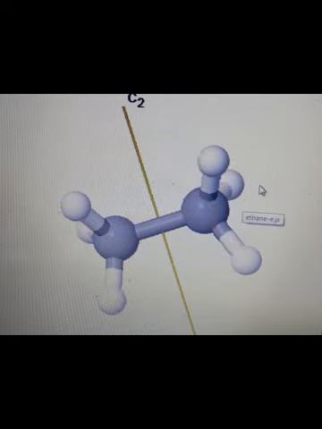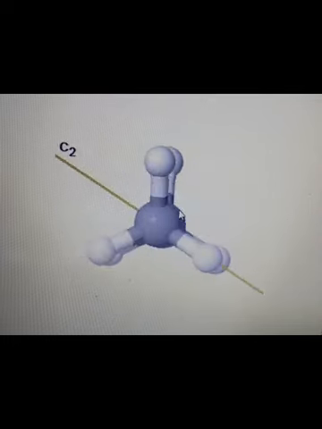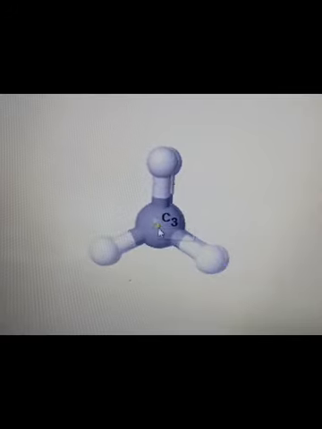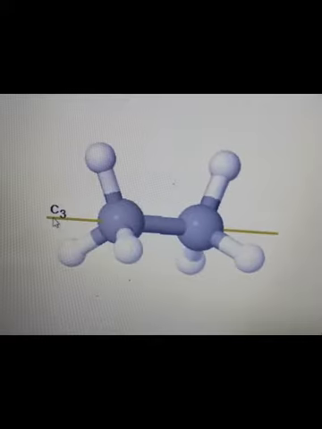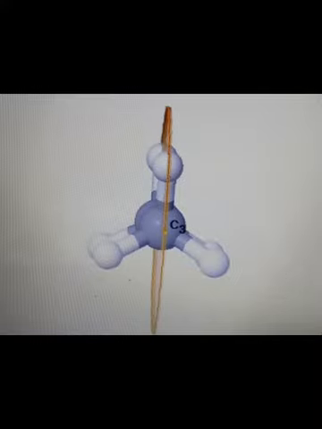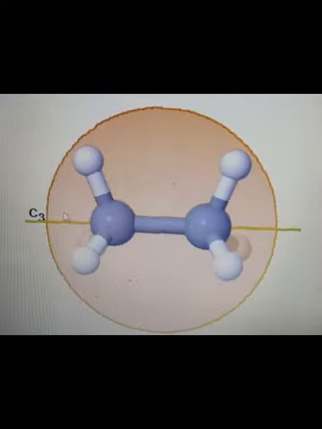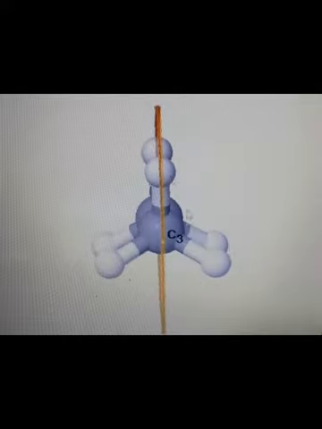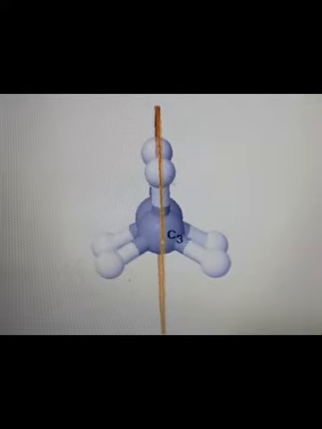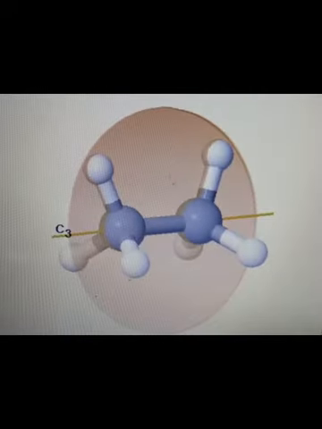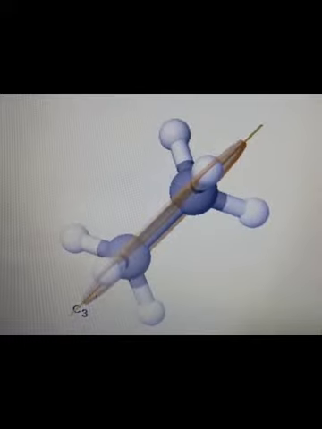So it has 3 C2s and it has 3 sigma v's. Sigma v's means they must be along the principal axis. You know, this is the principal axis which is passing through the center of the 2 carbon atoms. So along this you have your sigma v's. This is how, passing through the center of the 2 carbon atoms to hydrogen atoms, such that we have 2 equal halves reflecting each other. This is how the reflection takes place. Here is another view of this.